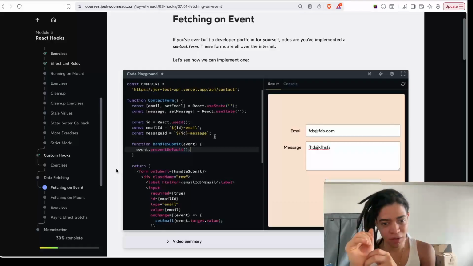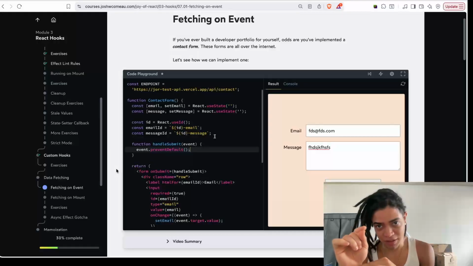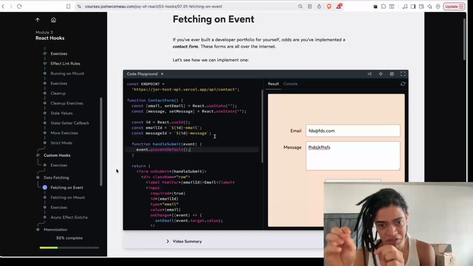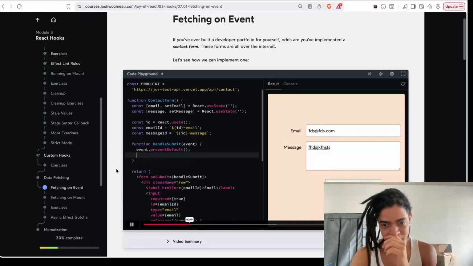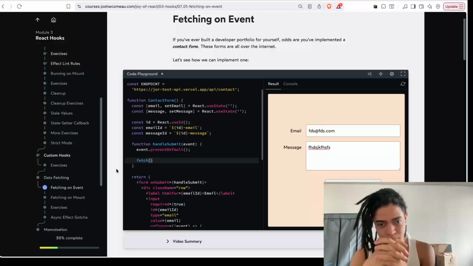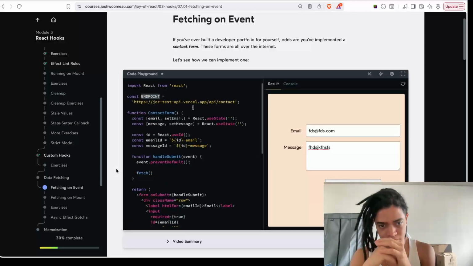And we are not updating any state here, right? So this event is not updating any state, so it stayed the same. Let's do something about that using the fetch method. And I've provided the endpoint that we're going to use with my test API, so I'll make a fetch request